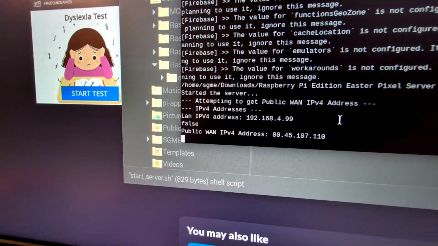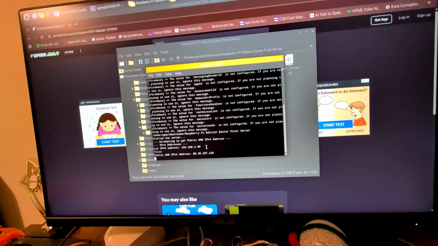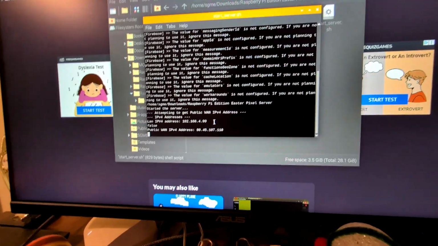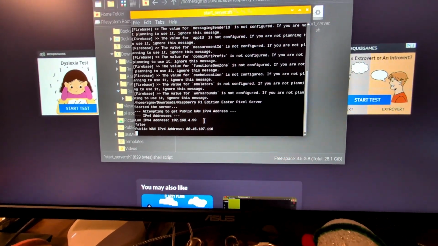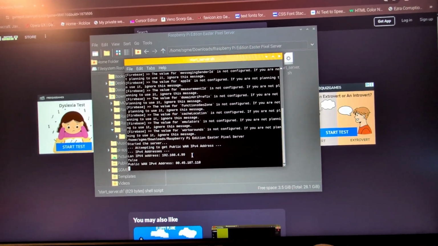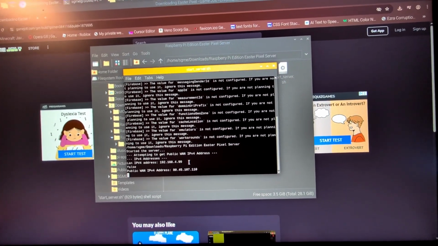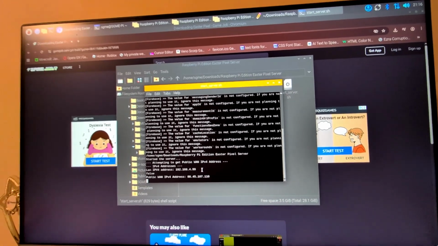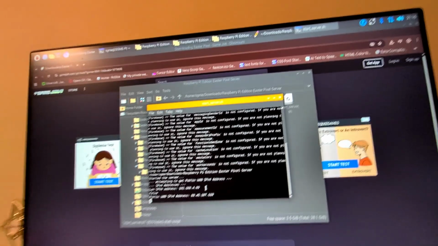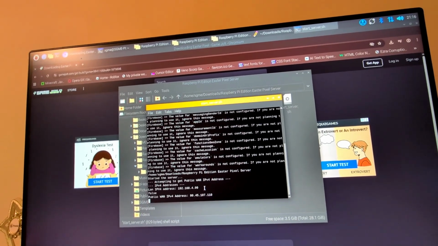So now that it's open, you should have successfully downloaded the Easter Pixel server. So for connecting, for Christmas Pixel, the port is 50170, and for Easter Pixel, it's 15780. Let me say it again. For Christmas Pixel port, it's 50170, and for Easter Pixel port, it's